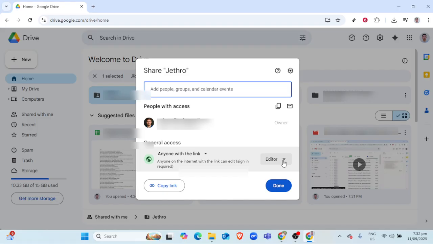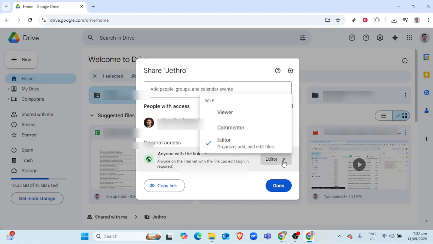Within this sharing settings box, you'll see a list of people who currently have access to your folder. Here, you can add new people by entering their email addresses in the Add People and Groups field. Google Drive also allows you to customize the level of access you grant each user. As you add emails, you'll notice a small drop-down menu next to the field, which provides options like Viewer, Commenter,